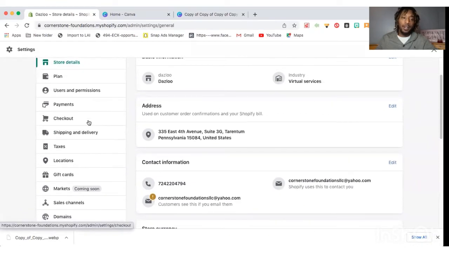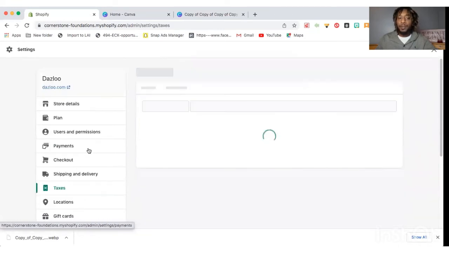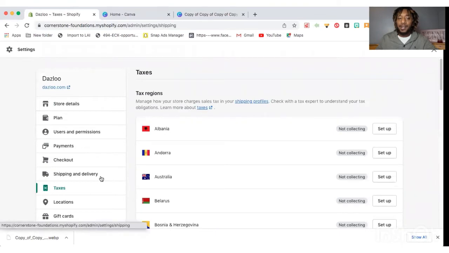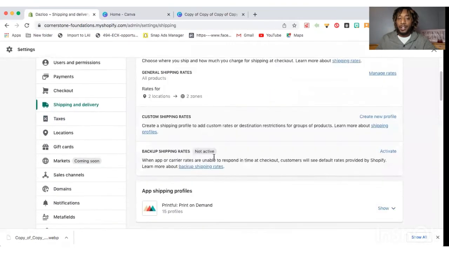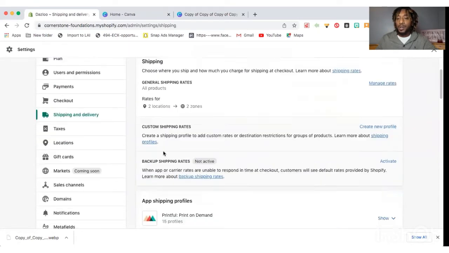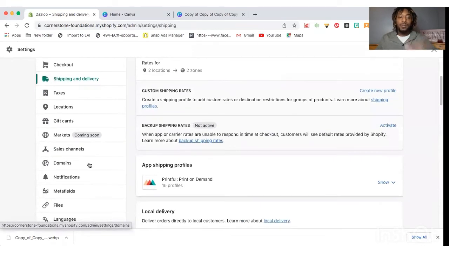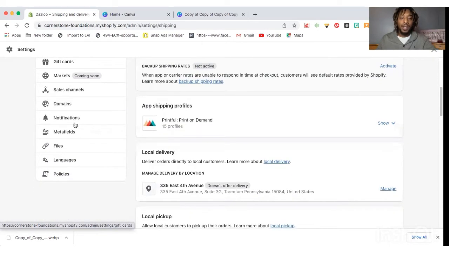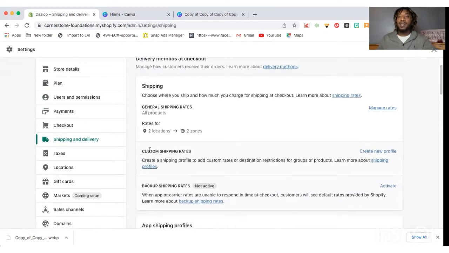Not only that, you're able to really pinpoint on taxes, shipping and delivery. You can set your pricing for your shipping and delivery. So let's say you're shipping with USPS and they're charging you $5 to ship it. Well, you can actually set that shipping to maybe $6, or you can just charge them the normal shipping price. So you can really customize even pricing on your website as well. A lot of people use websites nowadays to drop ship.